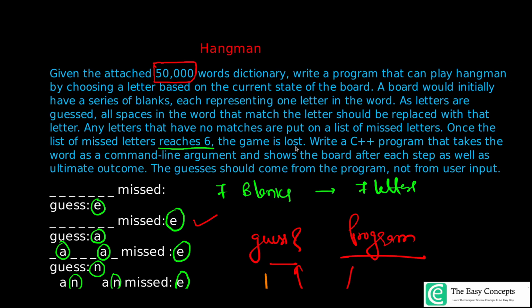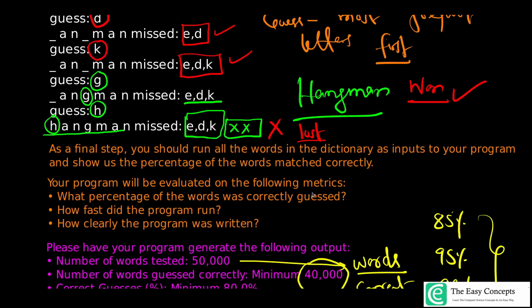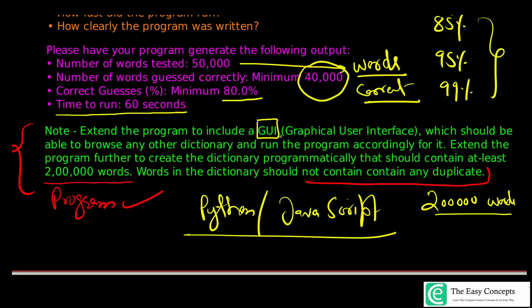Okay. And one thing more, you can create these programs and then put the link of your GitHub account or your program specifically in the comments of this video. Okay, so that other students can also check what approach you are following. So I hope you are clear with this problem now. First, you have to use C++ for writing this program, or maybe you can write C, whichever you choose. Okay, and once you are done, for the GUI part, you can use either Python or JavaScript, right?